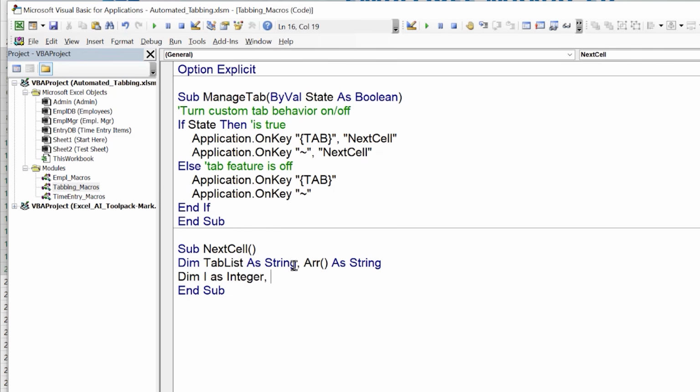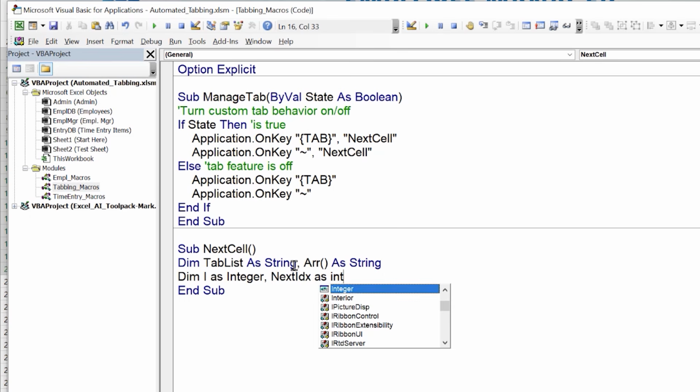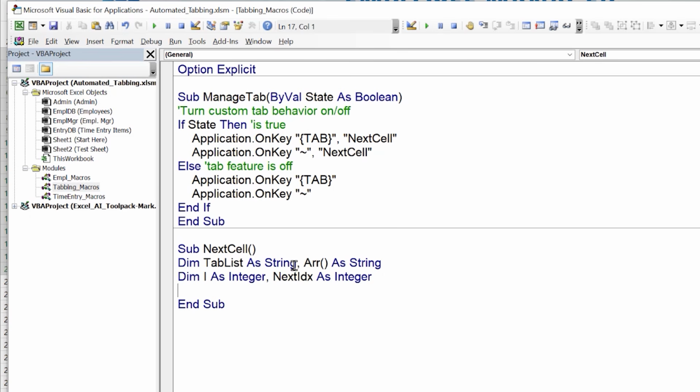And also I want the next index. I want to know which is the next cell that we're going to do. We're going to call that the next index as an integer. So those are two integers. Once I have those, I also want to know the sheet name. What sheet name are we on? We're going to dimension the sheet name as a string, because I need to know if we're on a sheet that has a tab order, if it's inside that table in the admin. So we're going to dimension the sheet name as a string, and I want to know the row, range row